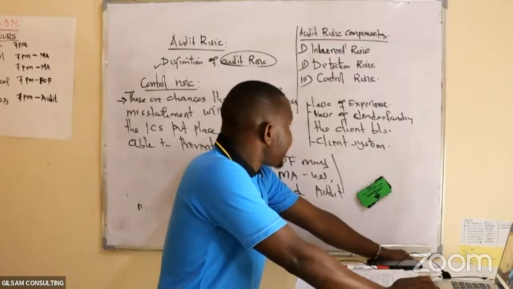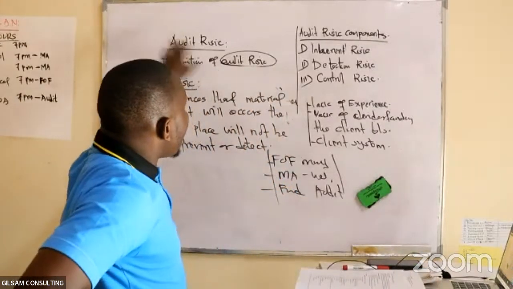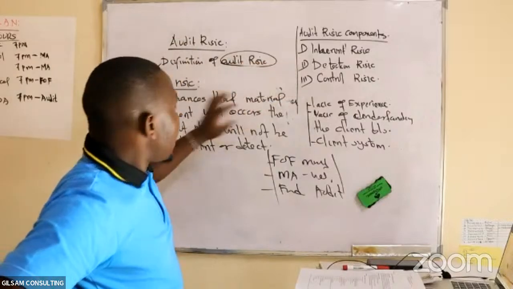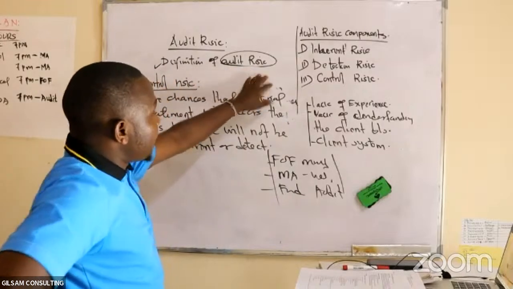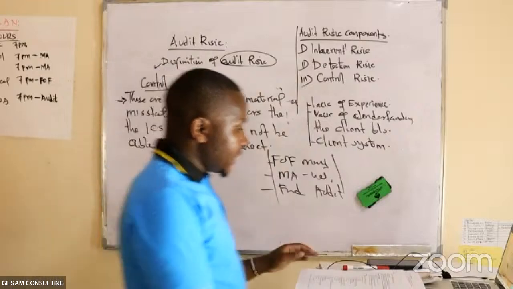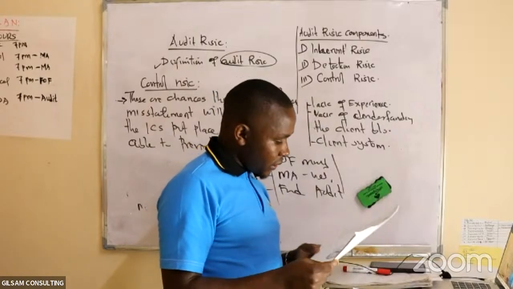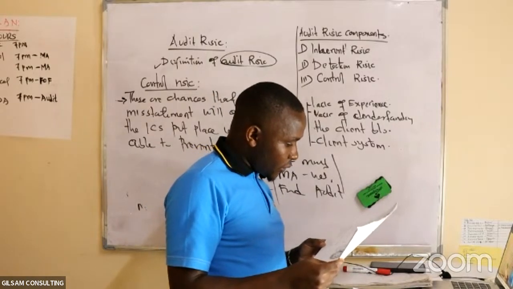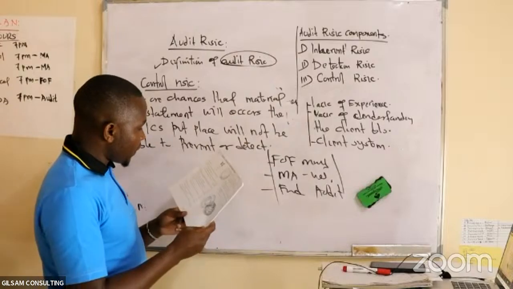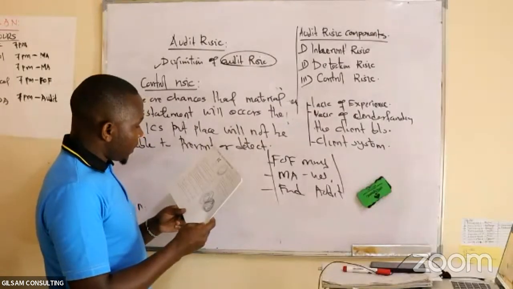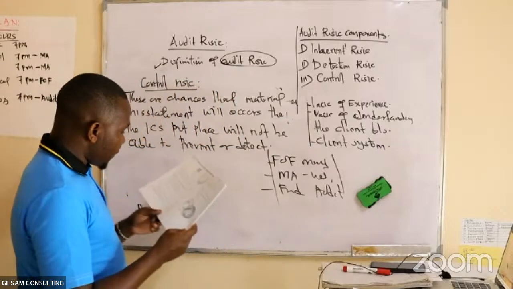So maybe you can have the past paper, look at what has been tested for audit risk, the inherent risk, and also the audit program. So you can have your past paper and look at what the examiner has tested. There are all the old past papers. If you look at May 2021, question 2, you were asked to give 6 contents of audit planning.